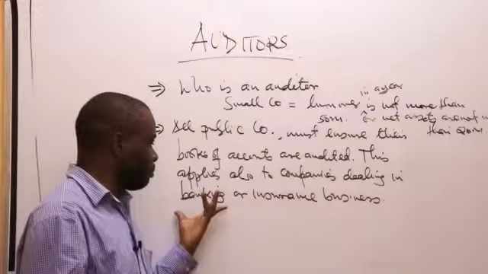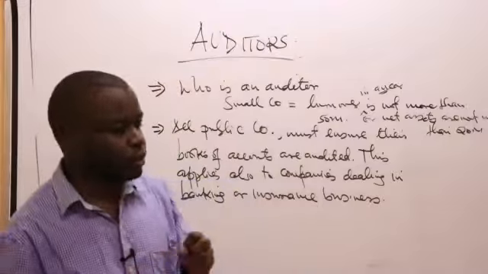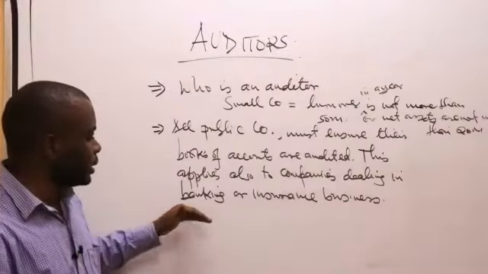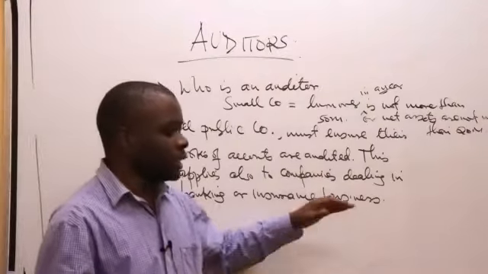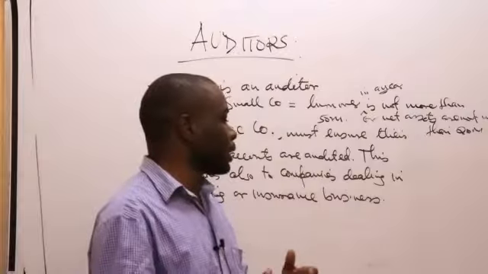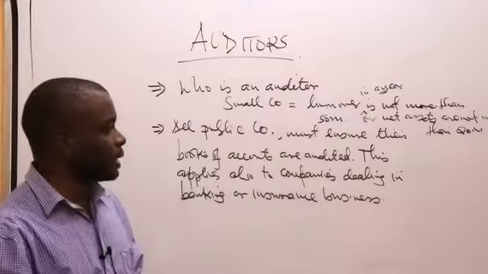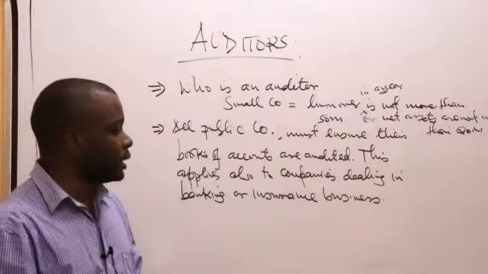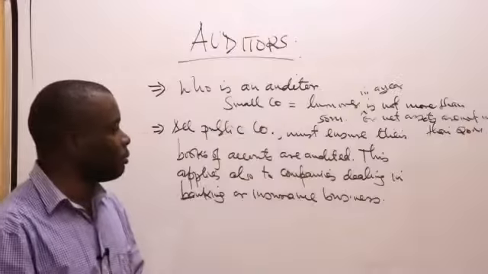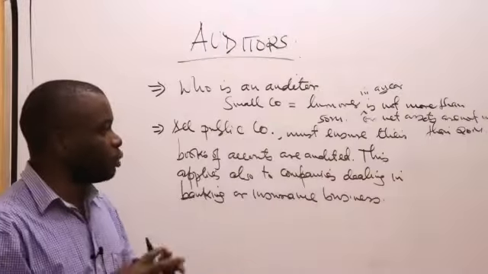Mostly you find that banks hold money for their customers. You deposit your money there. So that money should be protected, because there are several people who have an interest in banks and also insurance. With insurance businesses, you give them your premiums. If they don't provide audited books, how will you be able to ascertain that this company still has our premiums, which are safe? So for banking and insurance business, they must ensure that their books of accounts have been audited. So that is generally with regard to a company auditing its books of